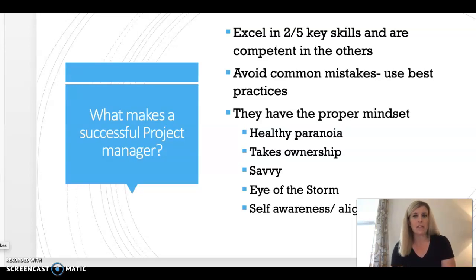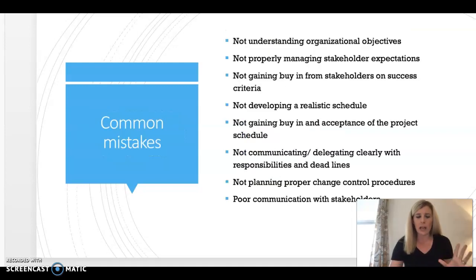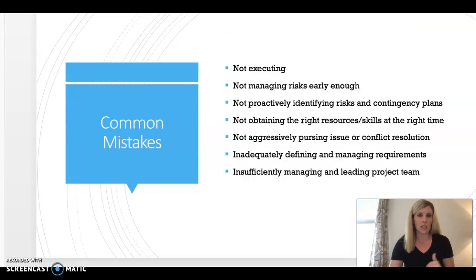You can also see that they have that proper mindset, the healthy paranoia. They take ownership. They're being accountable, and they also have self-awareness. This is another really proper mindset in terms of a project manager, that they are very self-aware. They know where their weaknesses lie. So those are kind of your big highlights. You can read through the common mistakes of several project managers, but those are the highlights that I want you to take away from this first